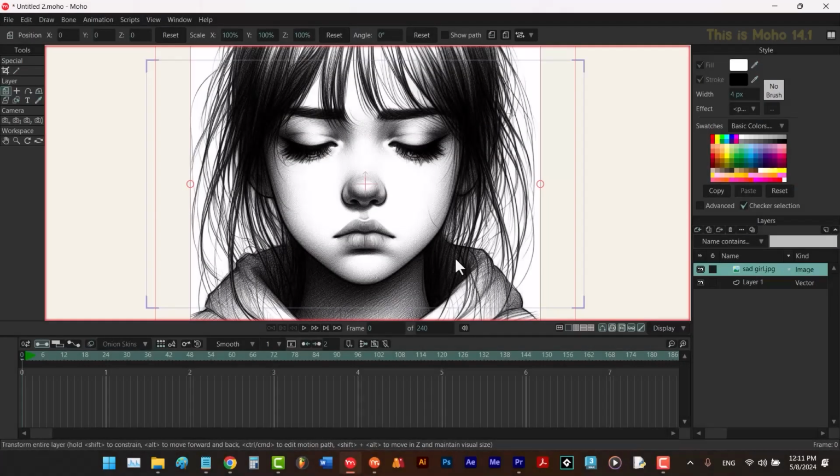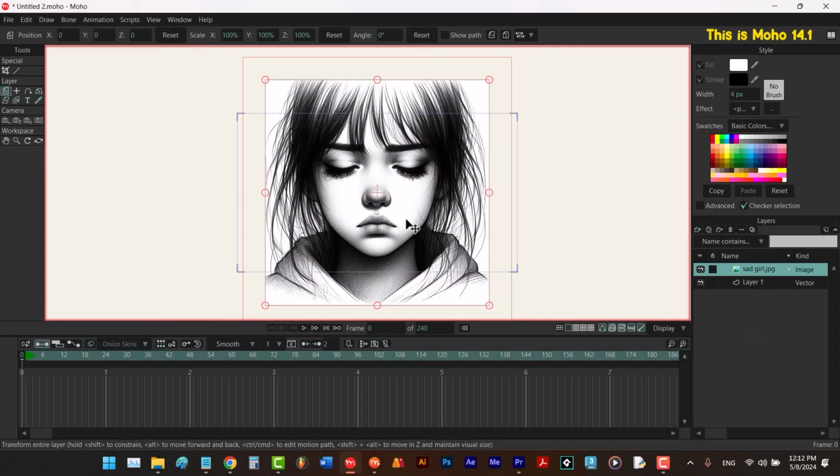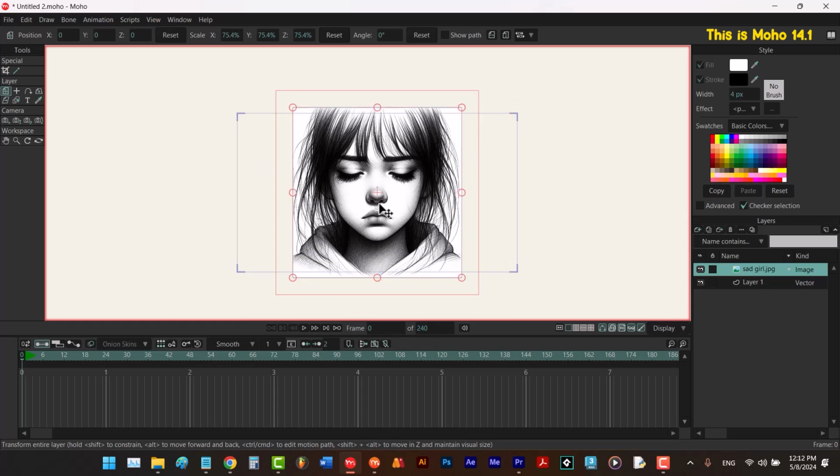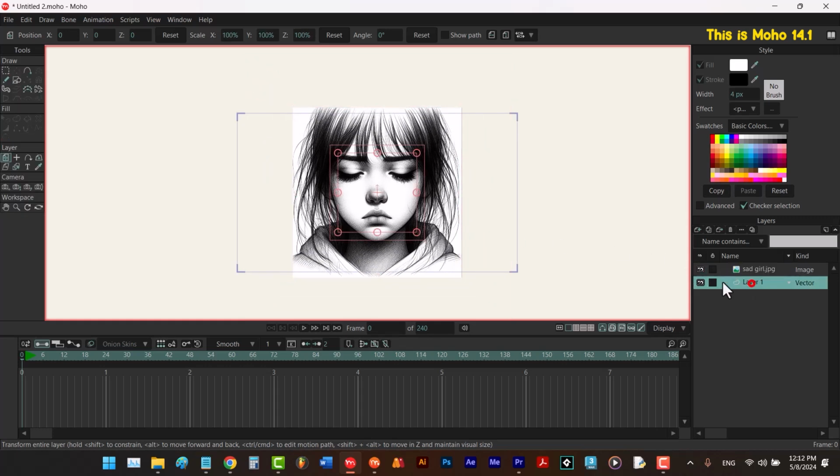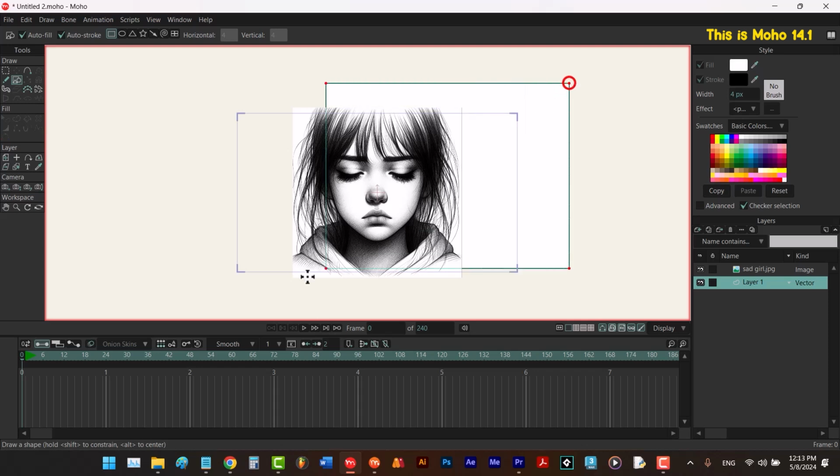Now that we have this image, I want to scroll down to zoom out, and then I scale it a bit, like this. That's okay. Then I select this layer and let's draw our background here. So I'm gonna hit the S key to select the draw shape tool, and I'm not sure if this is a white color or not. So I'm gonna use the eyedropper tool to pick this color,